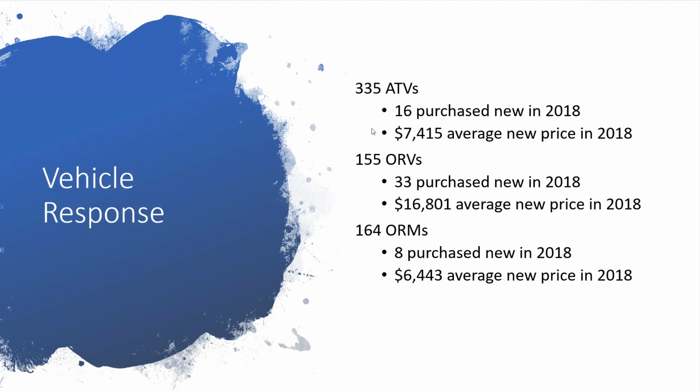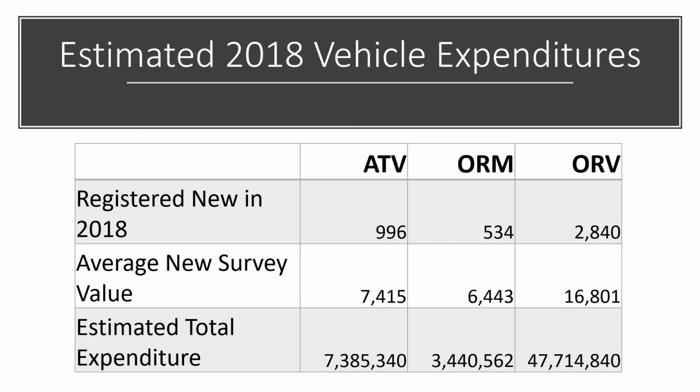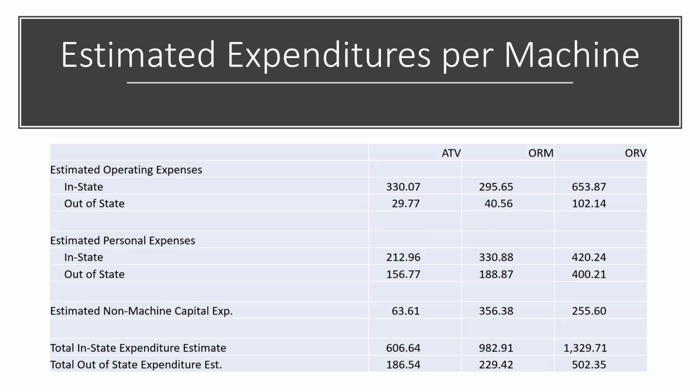I'm going to take just a minute here. I think I just talked about this slide. Did I get one ahead? Here, estimated 2000. Yeah, we had the average new survey value, and we talked about this. This is the 58,000. Here's where I am. Hopefully we didn't get anybody too confused here.